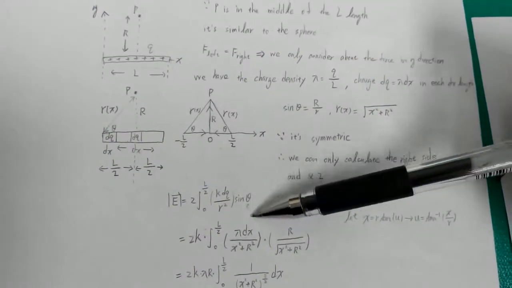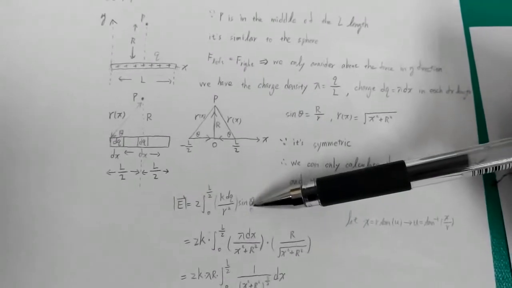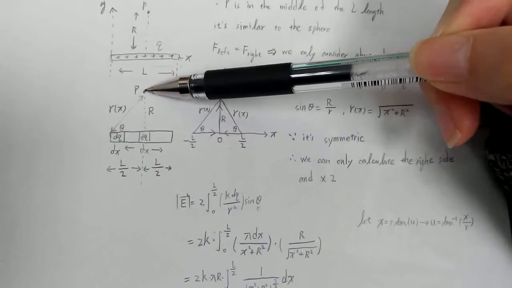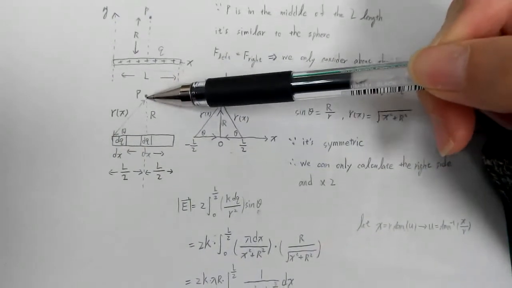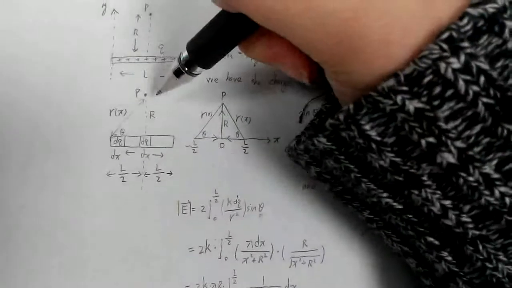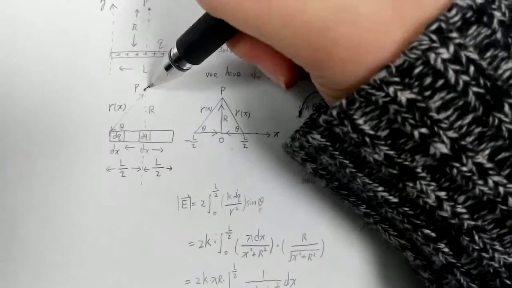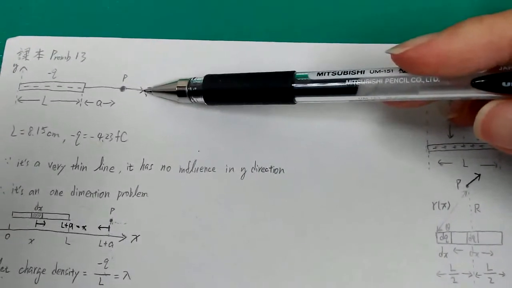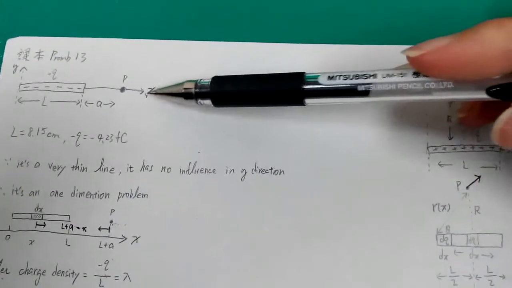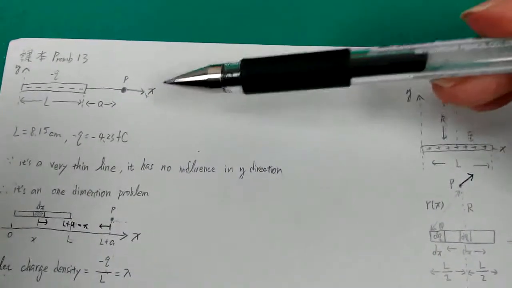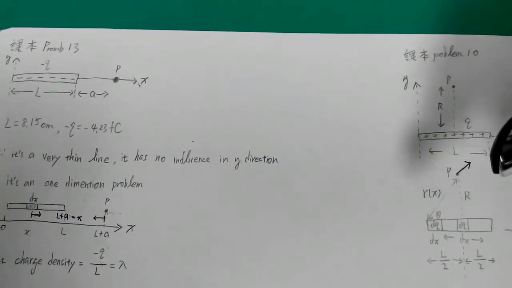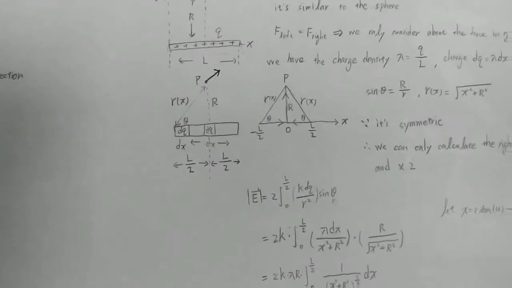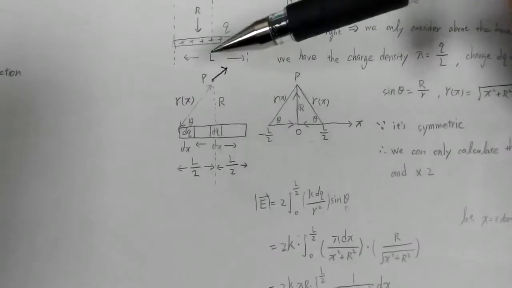And here, why do we have the sine theta? That's why I say, when you try to integrate, because this is a vector, right? And the vector in the 2D problem, let me draw. The vector in the 2D problem is not the same as the first one, the 1D problem, because in the 1D problem, when you're adding, you're adding in one direction. So a vector in one direction, in fact, you can treat as a scalar problem. But for a vector in the 2D problem, you have to decompose the vector along the x direction and y direction